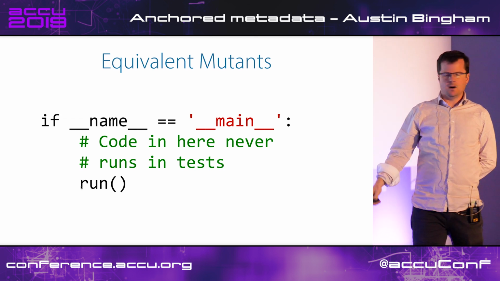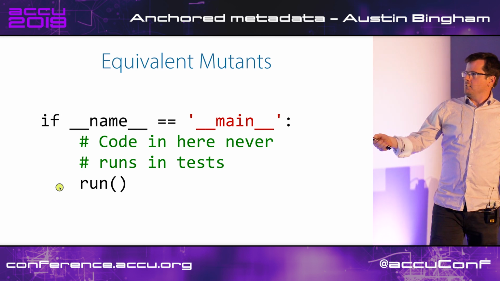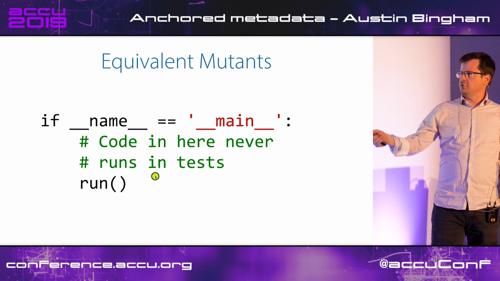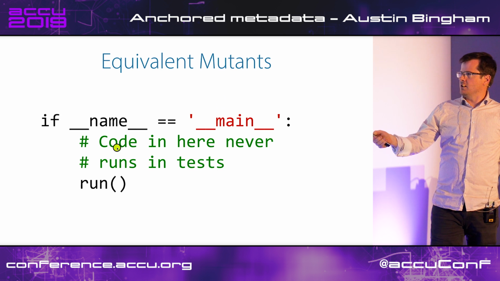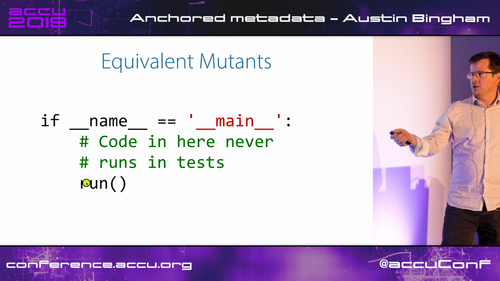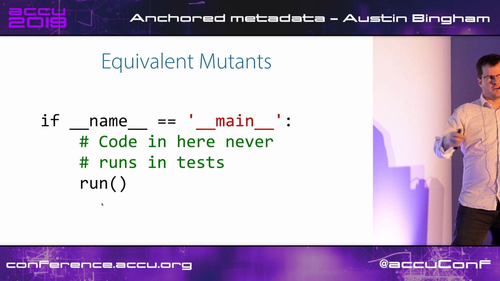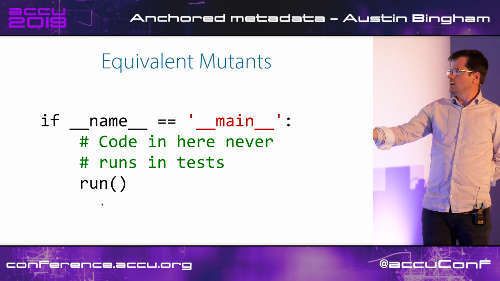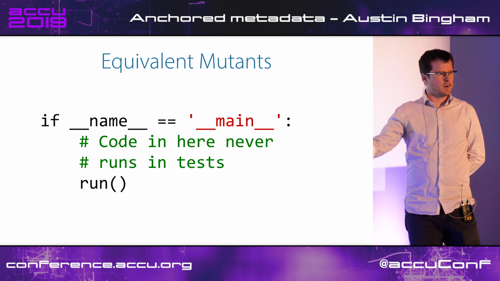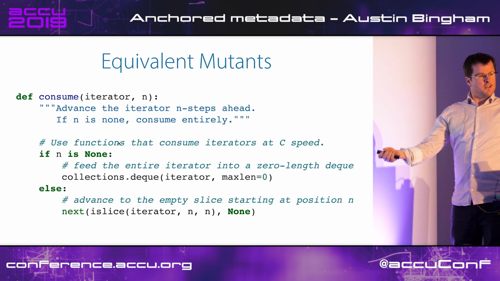I change it, right? But of course, if this is being run in the test suite, this is not the main program. So this is code that is really important, but it's dead in some sense in your test suite, unless you jump through some hoops. So we want to be able to tell Cosmic Ray, please don't mutate that, okay? Another